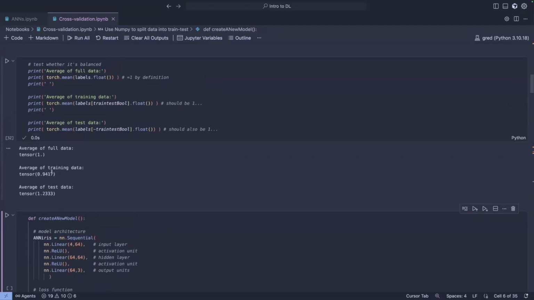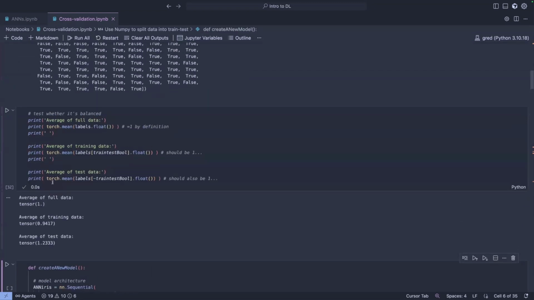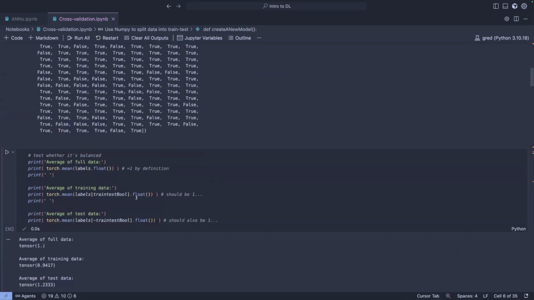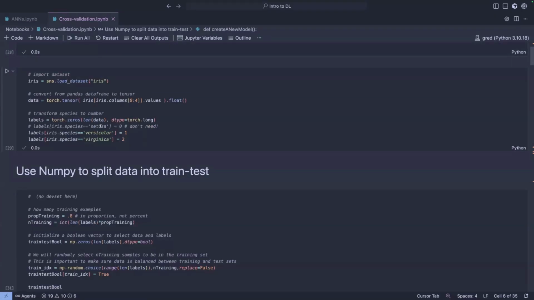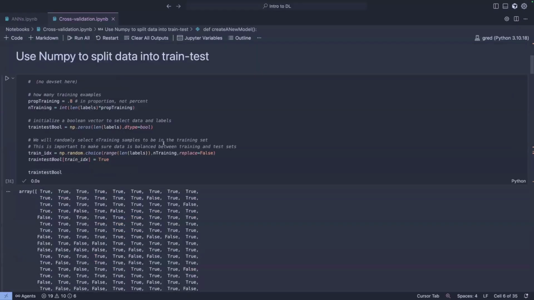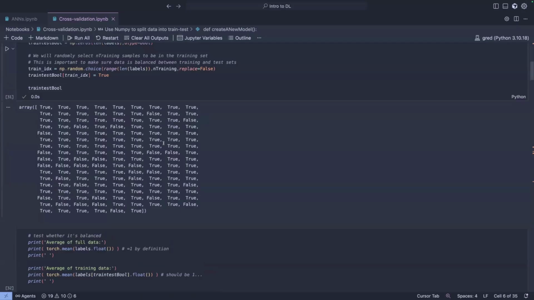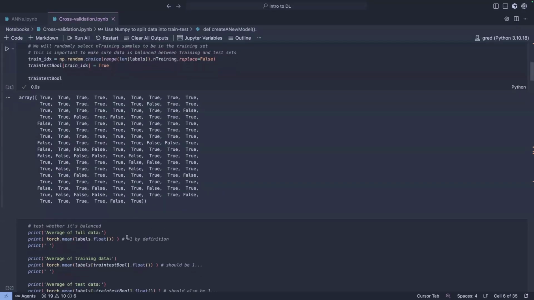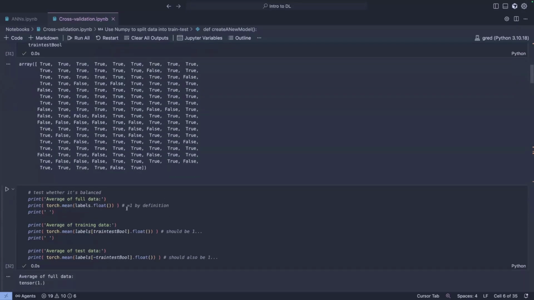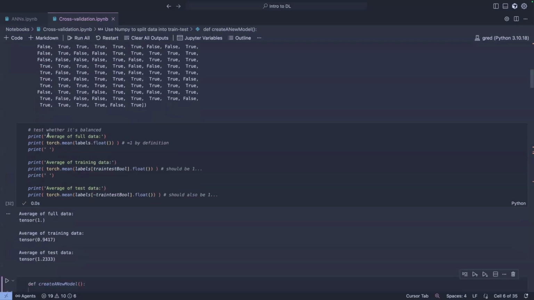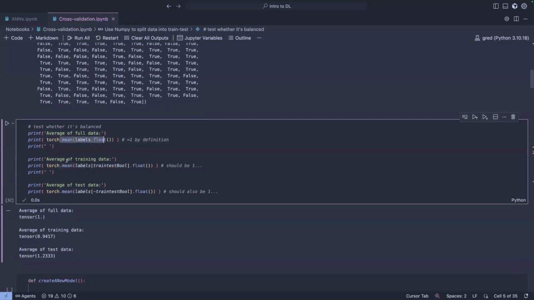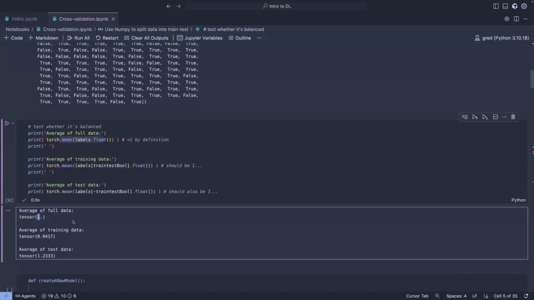Remember, this is the utility of converting this into numbers. Instead of using the names of the classes, we converted these to zeros, ones, and twos, right? If we have an equal distribution of all these classes in our training and test data, the mean of them should be one. If you have the three classes 0, 1, and 2, and you take an average and there are equal proportions of each, the mean should be 1, which is clear when we apply this. We're just taking the mean of all the labels. You see that the mean is actually 1.